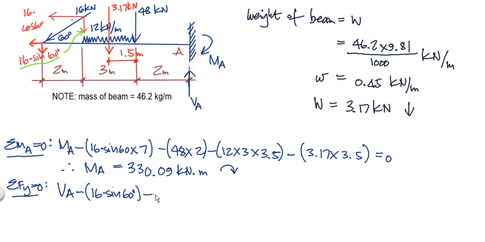Minus 48, minus the weight of it, minus the UDL, which is the value of it times its length, because it has the value of 12 kilonewtons per meter, so it's minus 12 times 3, and I think that's all of it, and it's equal to 0. So VA,